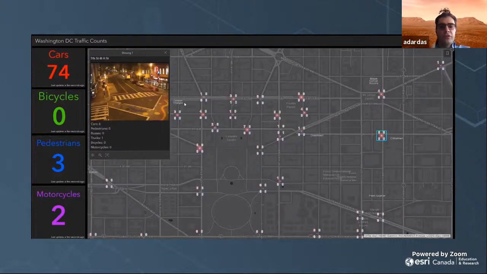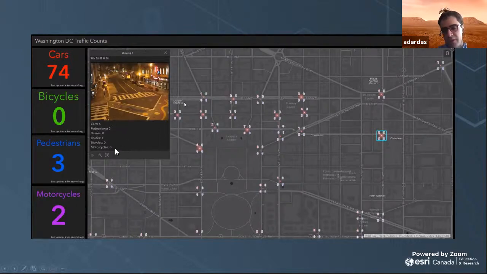What we have is an operations dashboard, and you can see a count of cars, bicycles, pedestrians, motorcycles within the spatial extent of the area in Washington, D.C. And when you click on one of these intersections, these are CCTV cameras, there's a pop-up that shows the current camera, at least the image, and then it gives you a count of